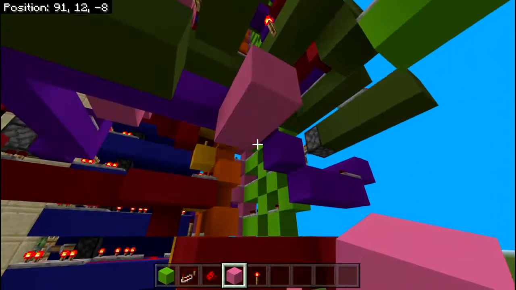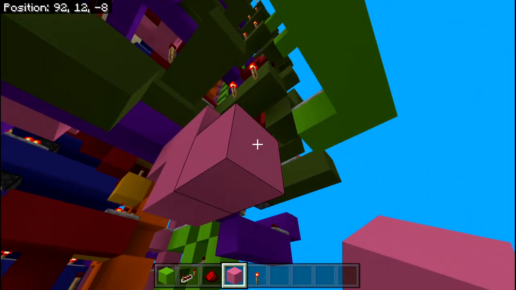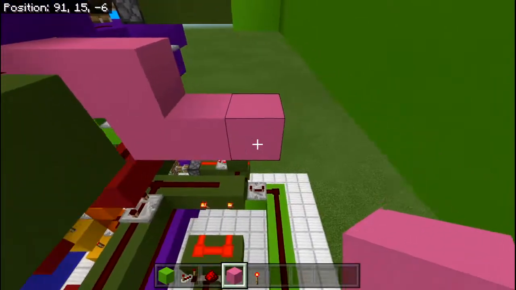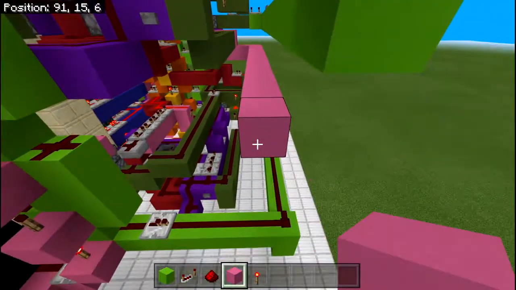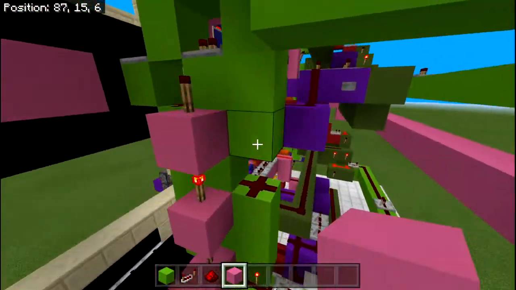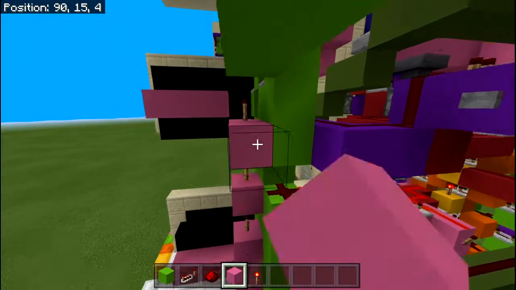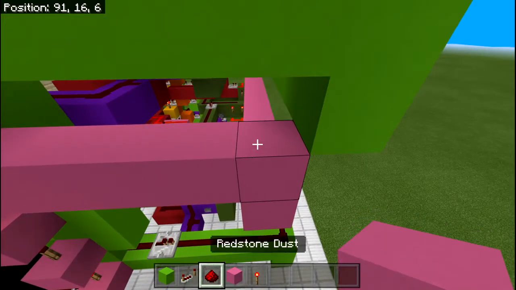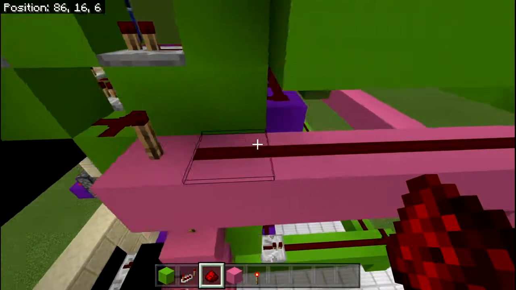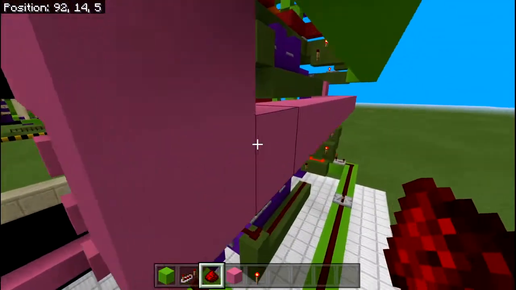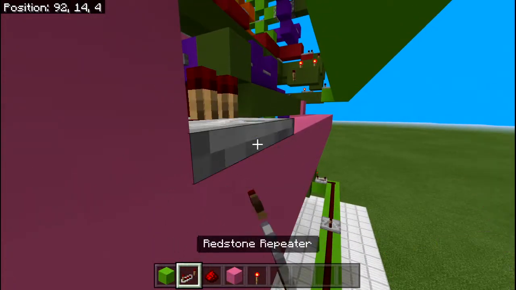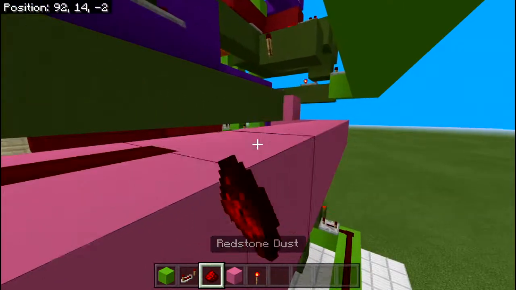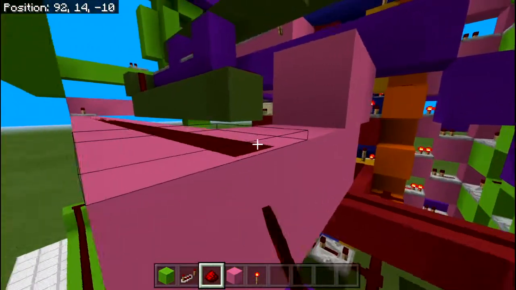Yeah, and then we're going to drop this down again and over so that it is running along the side of this one. Then grab your line from there so it goes to here. Run your redstone along like so. Place a repeater here. Again, run your redstone all the way along, and